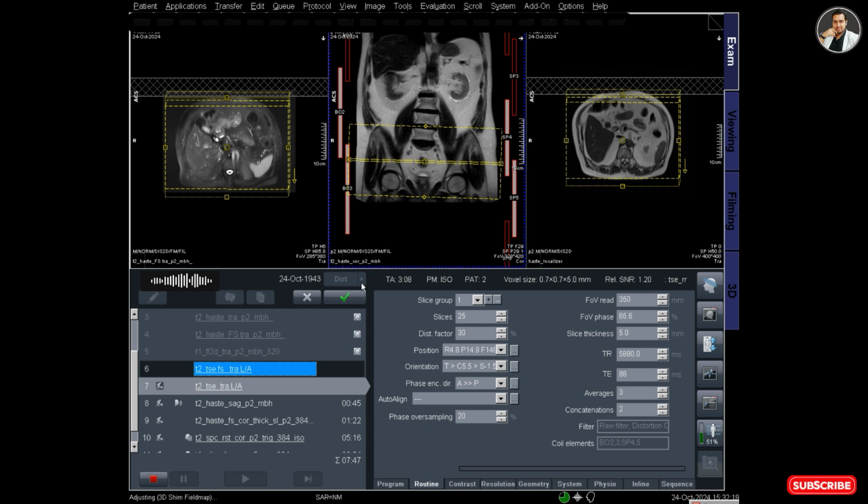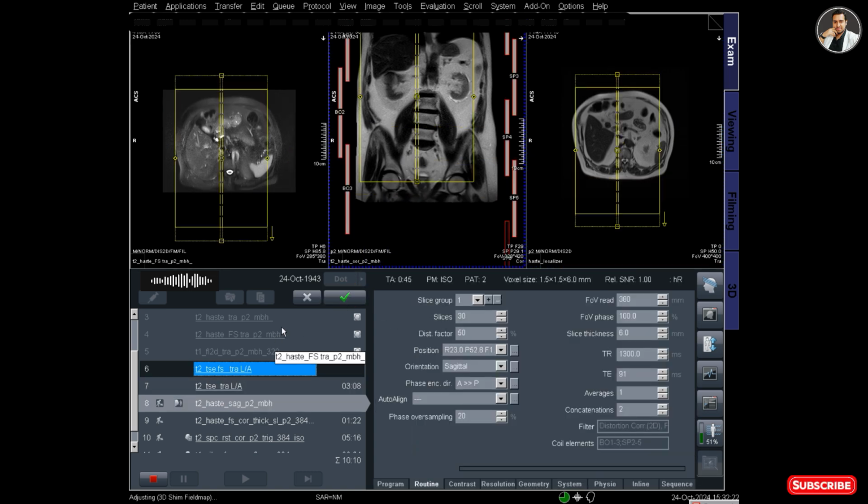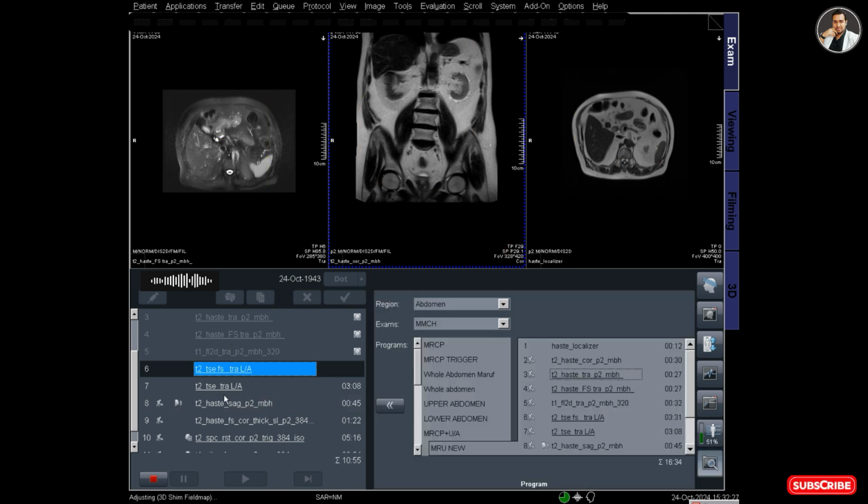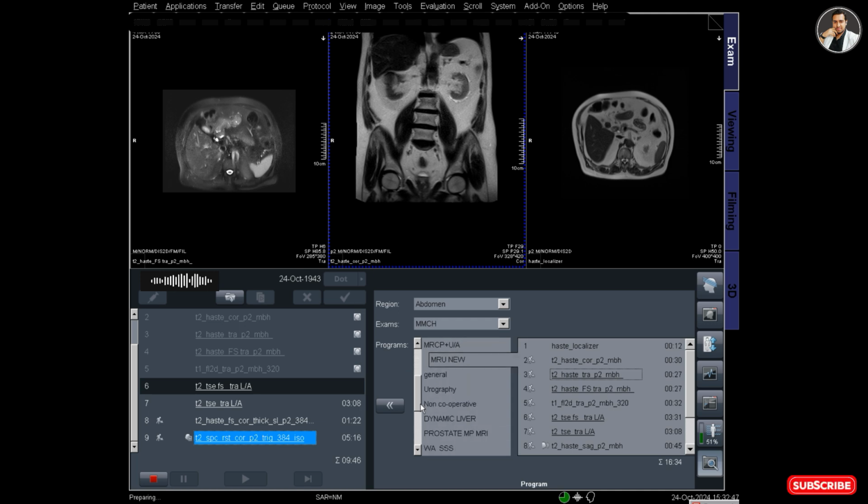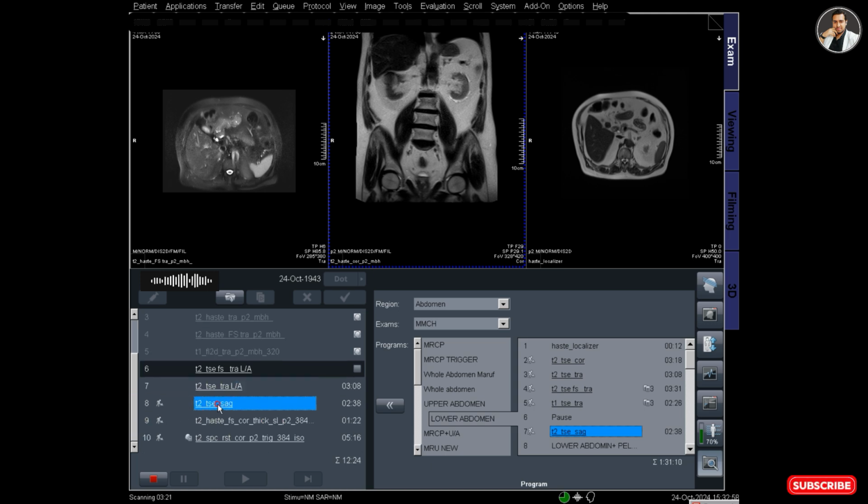So now T2 fat set axial has been prepared for scan, and now the T2 sagittal protocol is open. I closed it. I delete the sagittal protocols, and there is T1 VIBE fat set coronal that is taken after the contrast. I delete this. The last two protocols, number 8 is a thick slice, and number 10 is a 3D protocol.